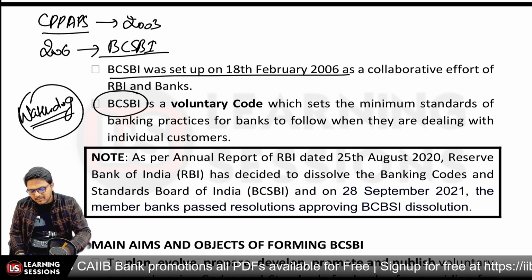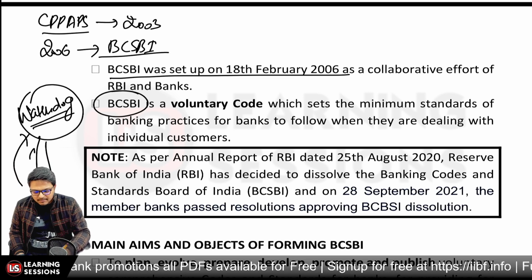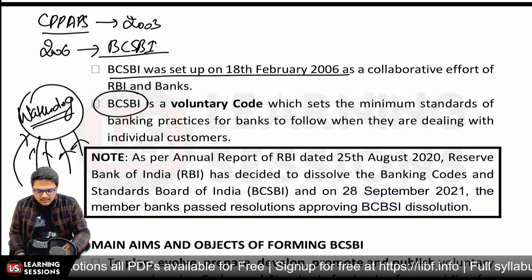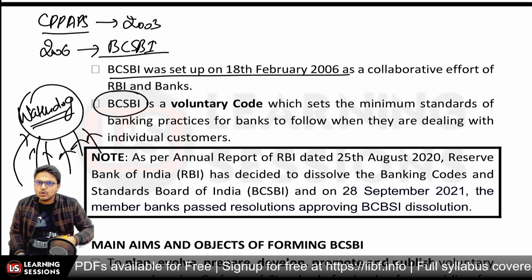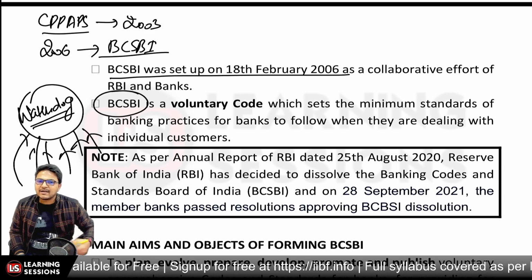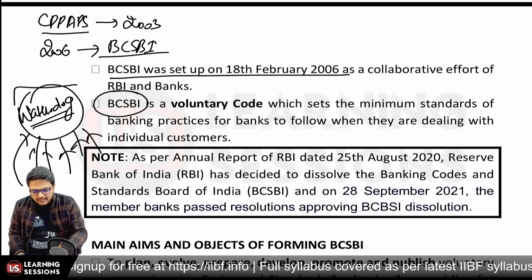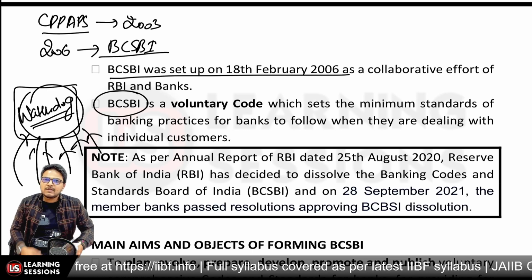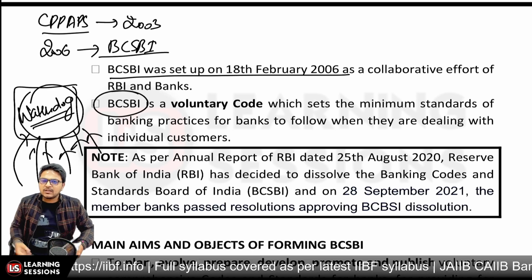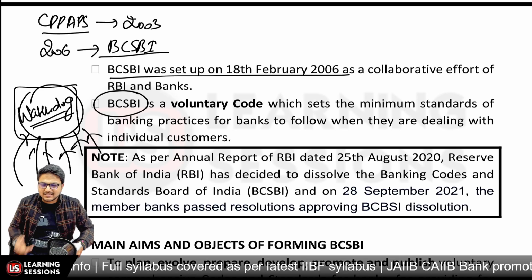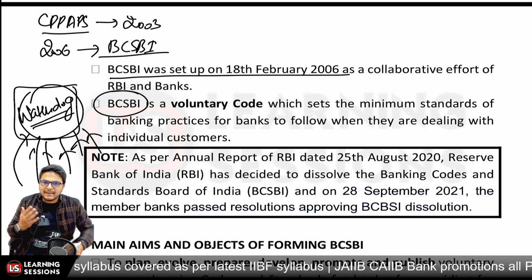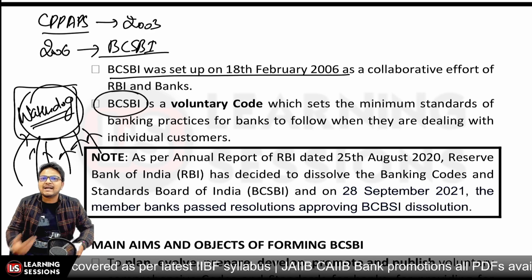It's a watchdog which will be looking after whether its members are following the things or not. For that particular purpose, all the banks must be members of the same. After the membership has been attained, it will be issuing the minimum standard guidelines which are to be followed by the member banks, and it will be looking after whether they are following them or not, right? If a bank is following the BCSBI voluntary code, then it is looked at that the bank is following the minimum standard guidelines.